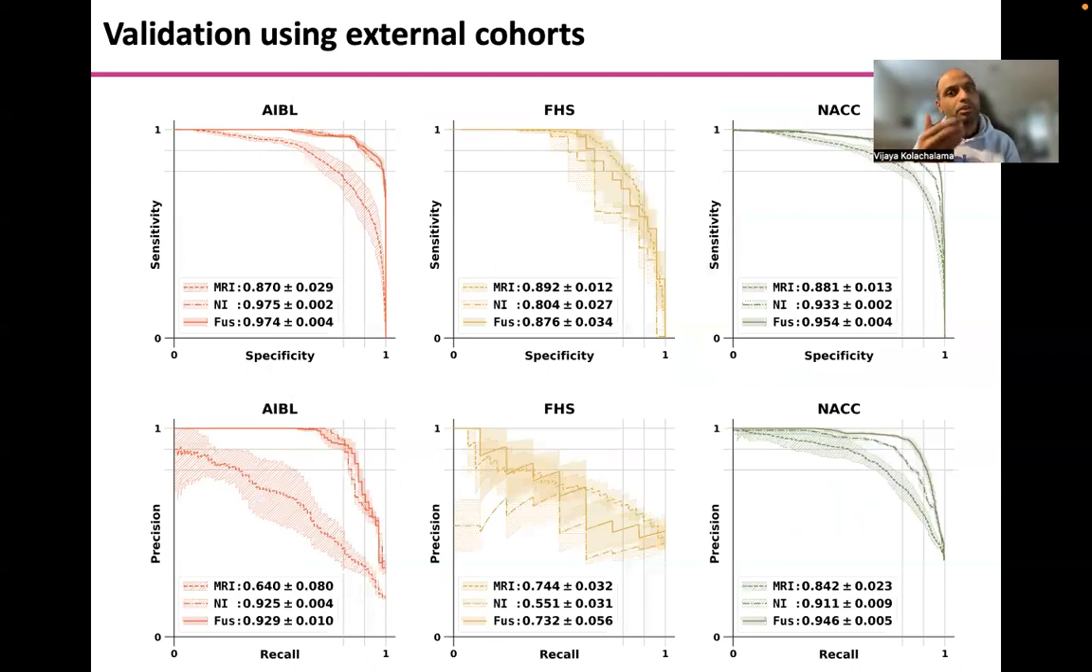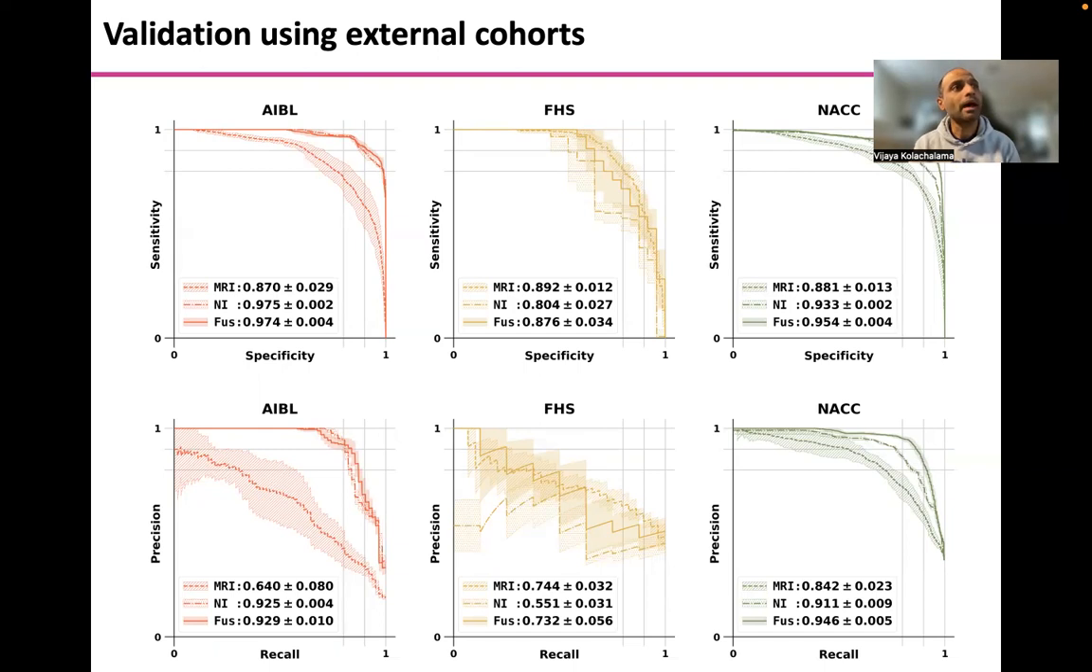Then we developed the model using the data that we got from a cohort called the Alzheimer's Disease Neuroimaging Initiative. And then we took a lot of time and processed data coming from three other cohorts, which, as you can see here, one is called AIBL, which is a cohort from Australia. And the second column here is the data from the Framingham Heart Study, which is from Boston. And the third column is the NACC data set, which is coming from multiple different Alzheimer's disease centers in the